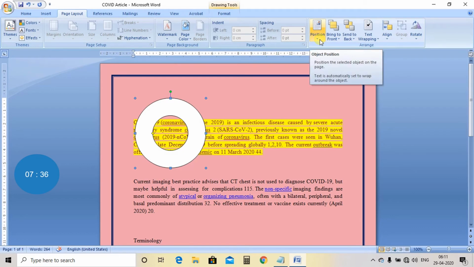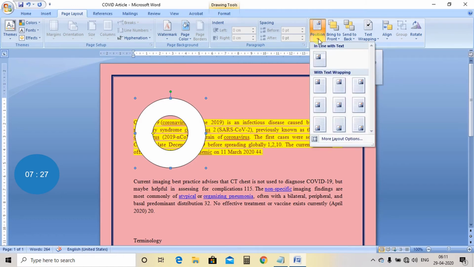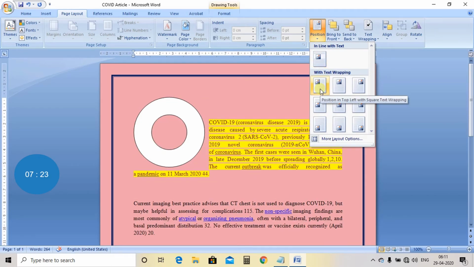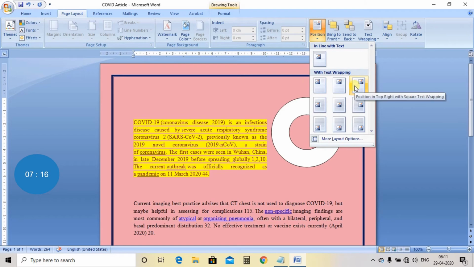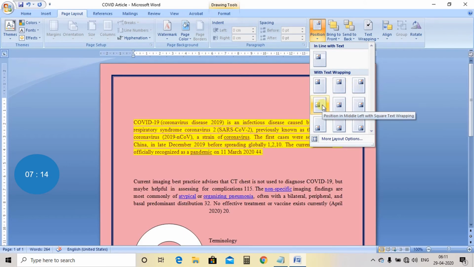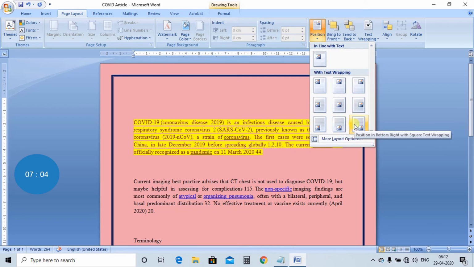Now this position option is used where exactly you want to place this particular shape. Now suppose I'm saying that I have to place it here on the top left. So I will select this top center, top right, middle left, middle center, middle right, bottom left, bottom center, bottom right.